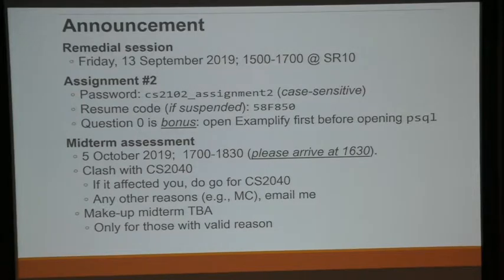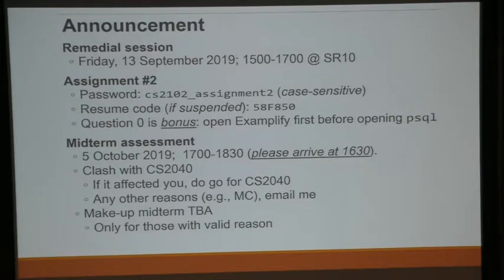Okay, so midterm assessment, as I say in the announcement, is 5th of October. I forget the name, it's UTown Auditorium 2. I know that there's a clash with CS24T, so if you're taking CS24T, please go for CS24T.